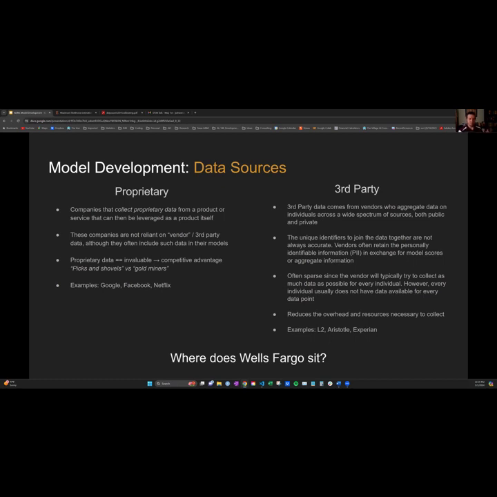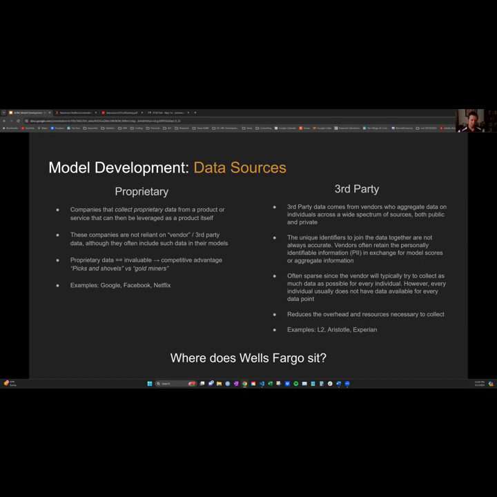So the advantage of third-party data vendors is that they do all the work for you. So you pay them, they send you whatever variables you need, and then you can add that into your data set. Now, the problem is they try to collect so much data about so many different variables and characteristics about customers that not every customer has a data point for every single variable. So you often get these very sparse data sets, and a lot of them are not processed correctly or cleaned correctly.